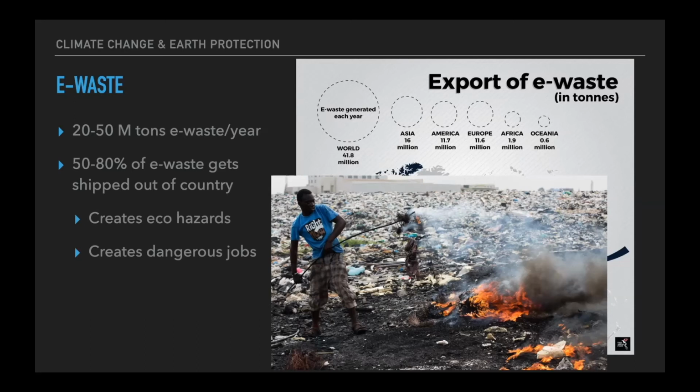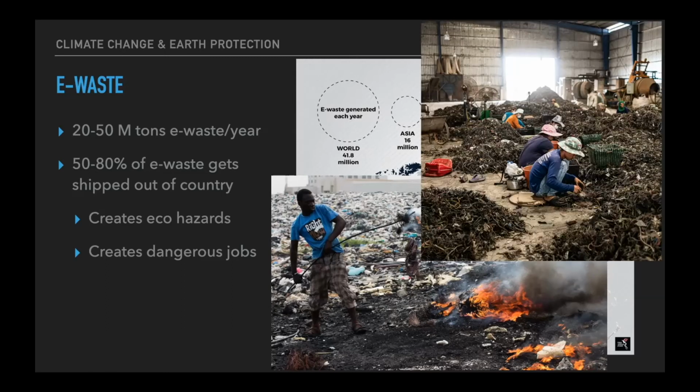And so people go through to collect the metals like copper, to reuse them, to find components that are still working, and they're exposed to all of these harsh chemicals over and over and over again. And this results in miscarriages, a high incidence of cancer, neurological damage, and learning deficits in the people that really don't have another option but to work in these jobs because that's all that's near them physically. So it's compounding into a very serious and grave, complex problem.